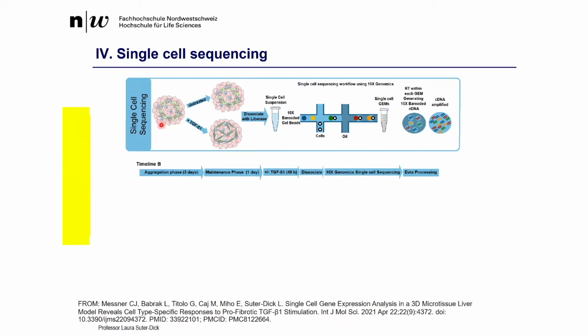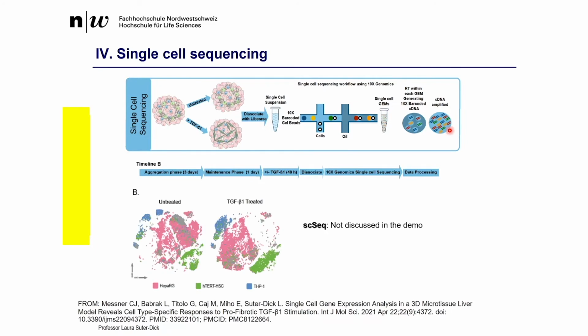So once we have assembled the microtissue, this is a representation of the microtissue, you can keep the control and treated microtissues, and then it's a relatively complex process of dissociation, so generating again a single cell suspension, of marking the single cells, and then generating the single cell sequencing data and analyzing this data. This is absolutely out of the scope of this demonstration, but it's one possibility that I wanted to mention to you, because then it allows to see